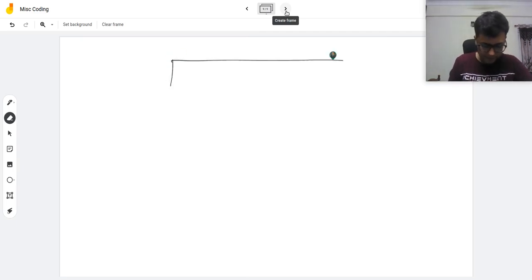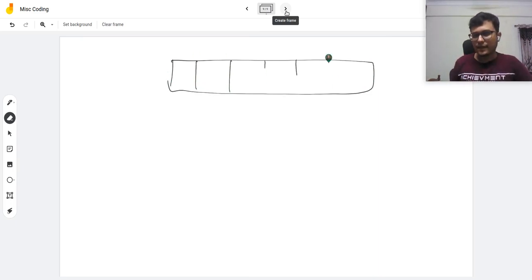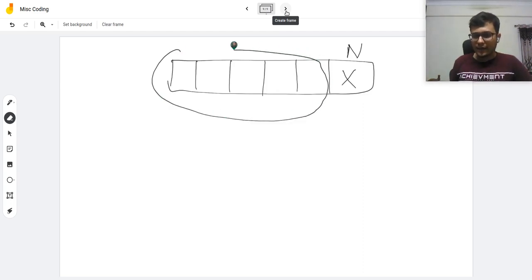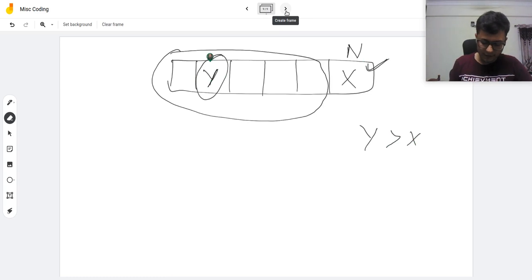So let us see this. Let us say this person X, again continuing with the same example, sitting at position n, can receive a candy from any person sitting towards the left of it, provided that there is some number y here which is greater than x. So if y is greater than x, then this person sitting at position n can receive the candy from the person sitting here at, let's say, position 1. He can receive the candy from him.